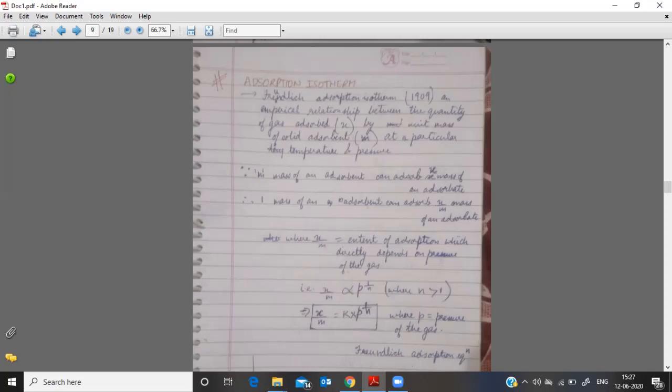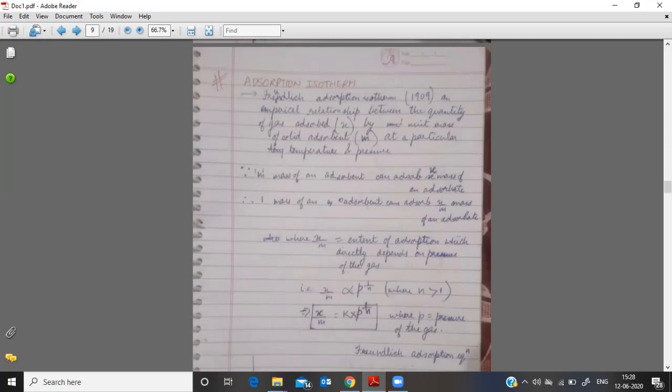According to Le Chatelier's principle, the increase of pressure should increase the extent of adsorption. I mean to say, the extent of adsorption increases with increase in pressure, which is expressed in terms of the quantity of gas adsorbed by unit mass of adsorbent when equilibrium is reached. In the case of gaseous adsorption, the phenomenon must be taking place in a closed container. In that case, equilibrium is attained.